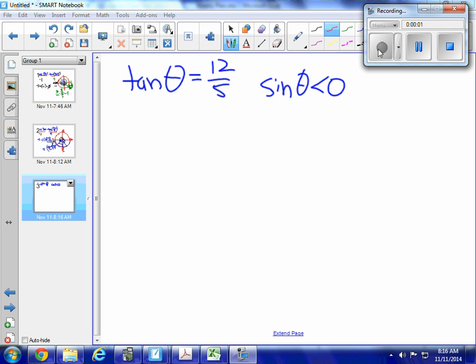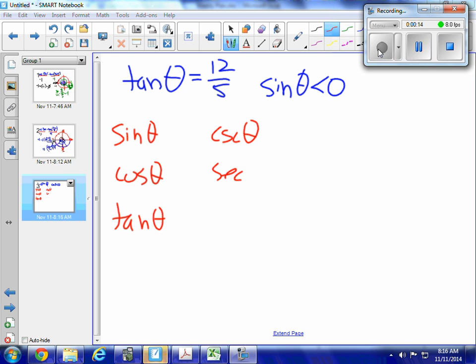Problem here, I need to find my six-pack. Sine theta, cosine theta, tangent theta, cosecant theta, secant theta, cotangent theta. Now, I already know that tangent theta is 12 over 5, so I could just fill that one